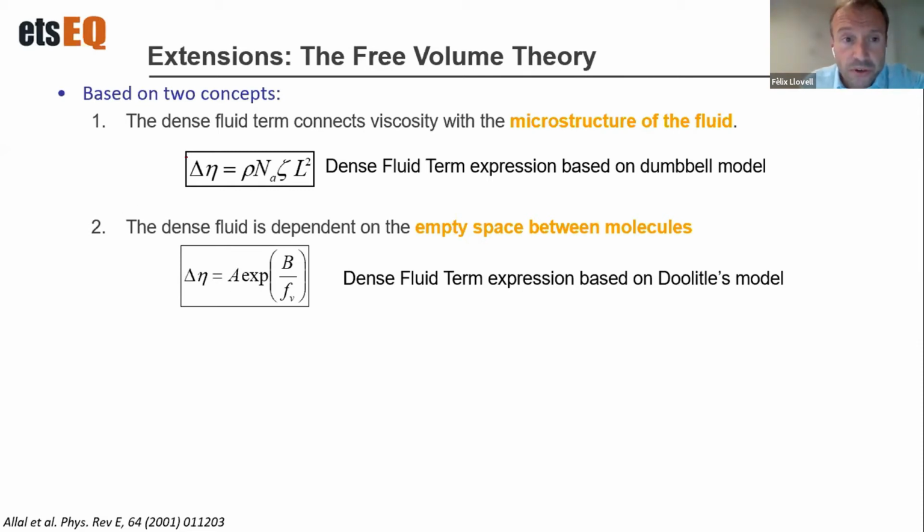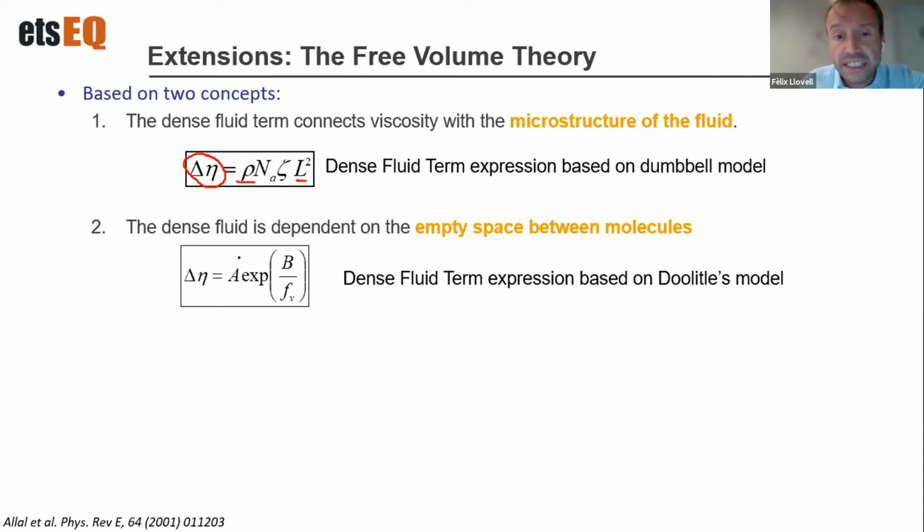The free volume theory just assumes that the viscosity is related to the expression of the dipole model, which was already developed many years ago. So it is directly related to the microstructure of the fluid and the density of the system, and also to a second idea that was demonstrated, which is Doolittle's model,